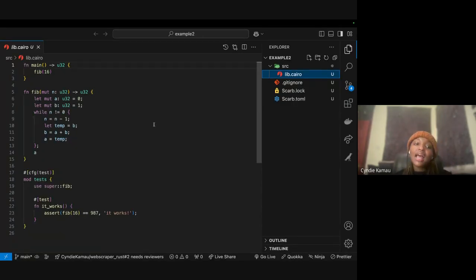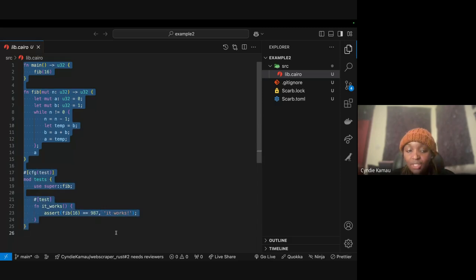So as you can see, it's similar to the Rust we were doing, right? It's just the same, okay? Just like for a Rust program to run, we need a main function, it's still the same with Cairo. This is a default. Just as in Rust, when we made a new program, it had the default hello world, for Cairo it has a default Fibonacci sequence.